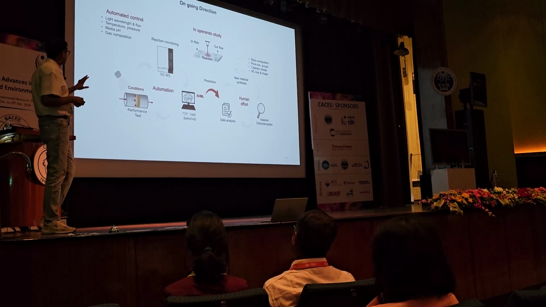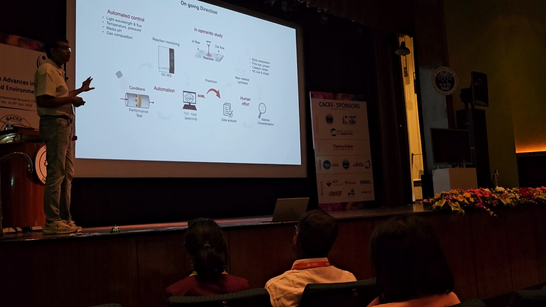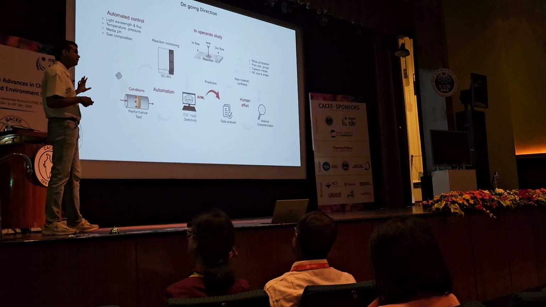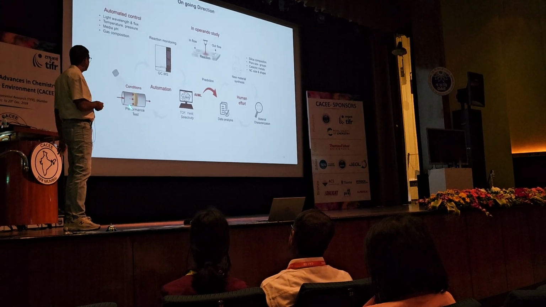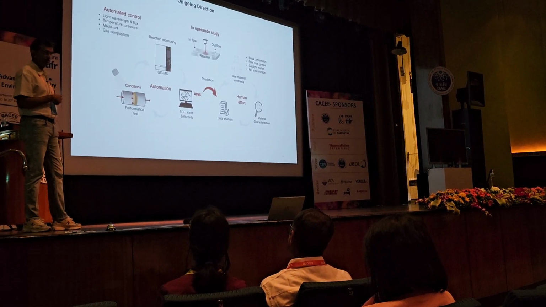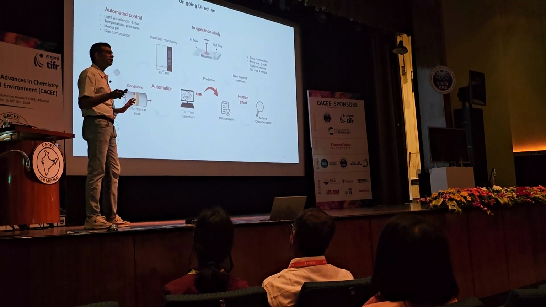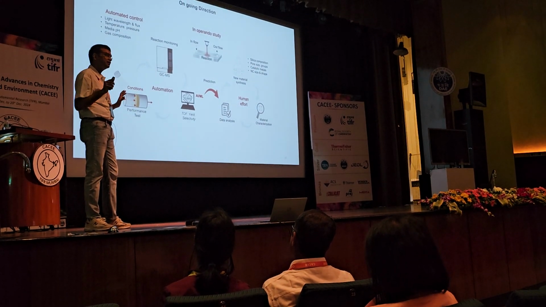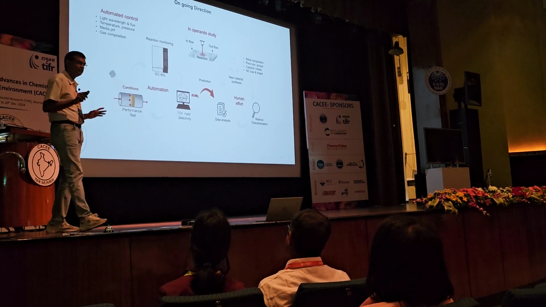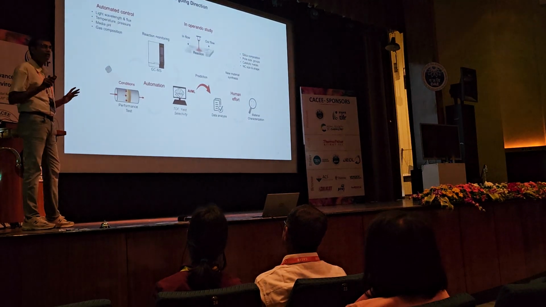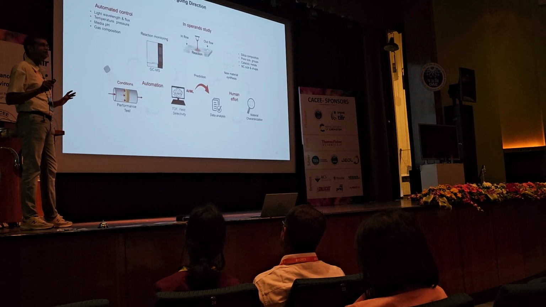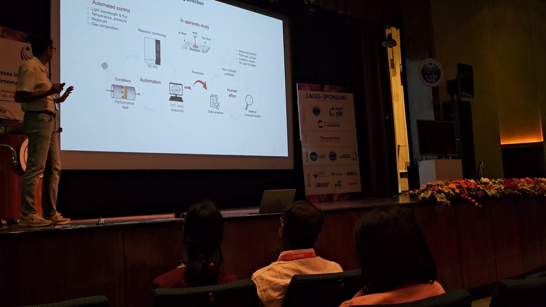Ongoing direction is how we can automate the optimization part. Optimization of catalyst is very, very important, so here we want to automate this process. Right now we are hardly able to do 4 to 6 reactions a day, but our target is to do at least 10,000 reactions a day. So we are setting up that kind of facility in the lab. We have already written for funding for that, probably within 6 months. Hopefully it may be accepted.